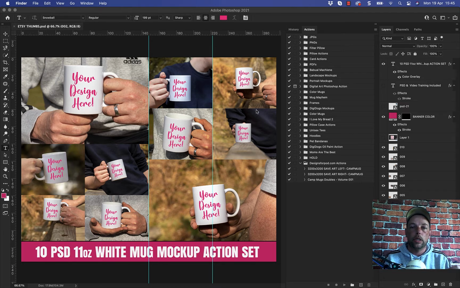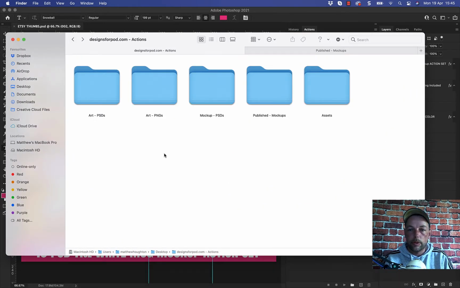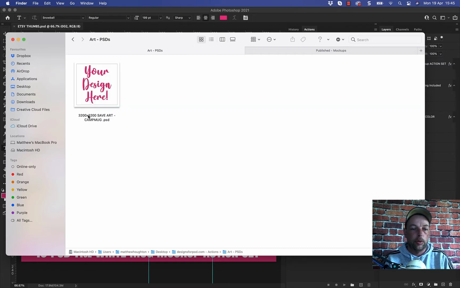If you're on Windows, it's going to be in your C drive. If you're on Mac, it's going to be on your desktop. So other than that, it's pretty much exactly the same. So first of all, you need to go into your ArtPSDs and open up your 3200 by 3200 Save Art Camp